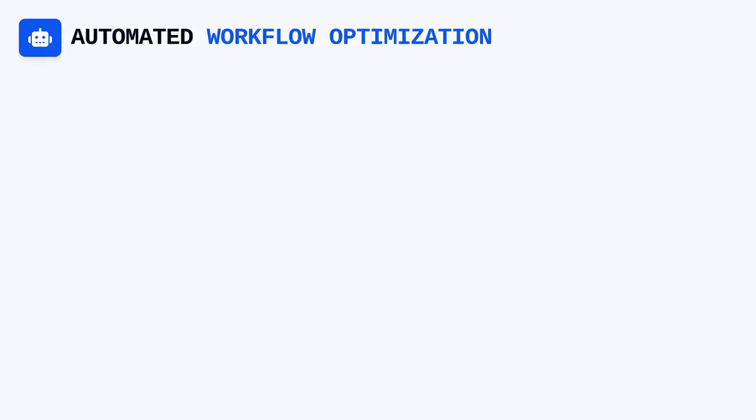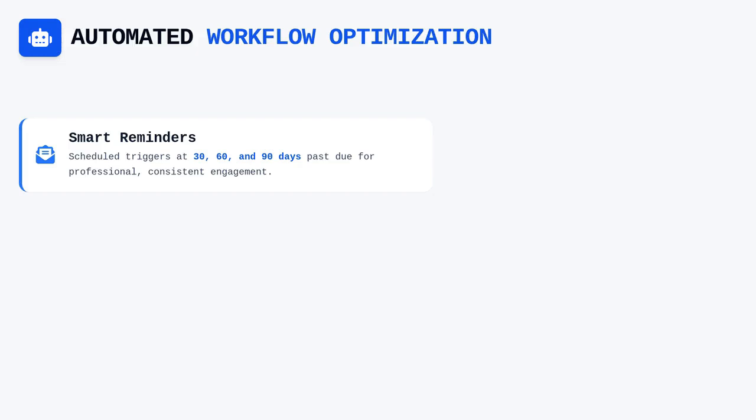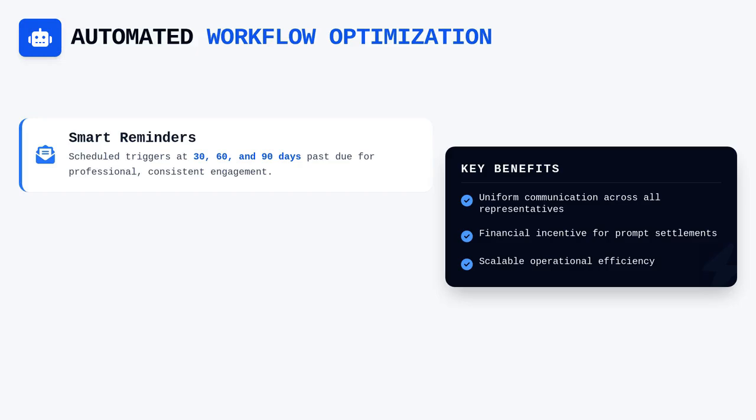Automated workflows further enhance these capabilities by streamlining repetitive tasks like sending reminders. Collection letters can be configured to trigger at specific intervals, such as 30, 60, or 90 days past the due date. This automation ensures consistency in the communication process, as every customer receives the same professional level of engagement regardless